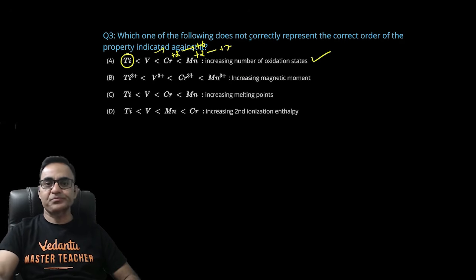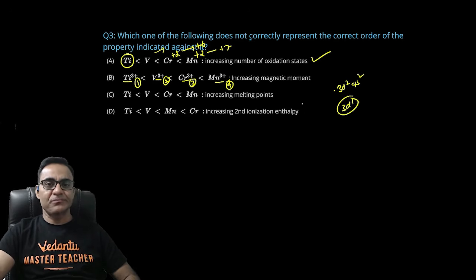इंक्रीजिंग मैग्नेटिक मोमेंट, यदि आप Ti3+, V3+, Cr3+, Mn3+ में नंबर ऑफ अनपेयर्ड इलेक्ट्रॉन कैलकुलेट करोगे ना, यहाँ 1 आएगा, यहाँ 2 आएगा, यहाँ 3 आएगा, यहाँ 4 आएगा। लाइक टाइटेनियम जो होता है वो 22 है, तो 22 में 3d2 4s2 होगा। अब इसमें से 3 इलेक्ट्रॉन निकालोगे, d1 बनेगा, यानी 1 इलेक्ट्रॉन बच गया। ऐसे वेनेडियम 3+ में, क्रोमियम 3+ में, मैग्नीज 3+ में निकाल सकते हैं। तो ये भी करेक्ट सीक्वेंस लिखी है, आंसर